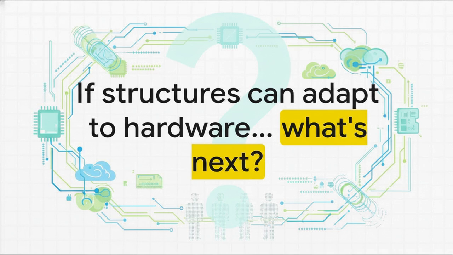So when you step back, you see we've gone from this rigid, hard-coded blueprint to one that's flexible and totally adaptive. And that really gets you thinking, doesn't it? If we can design data structures that automatically adapt to the physics of hardware, what's the next big step? Could we build systems that adapt to us, that learn and conform to the patterns of the people who